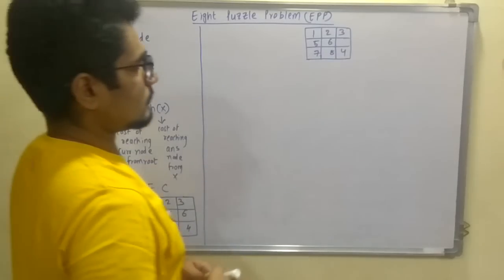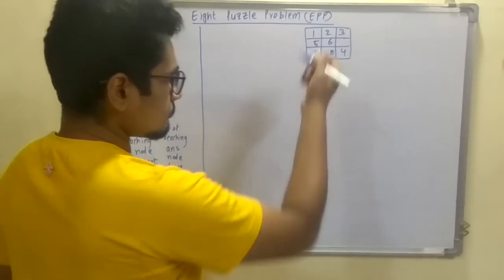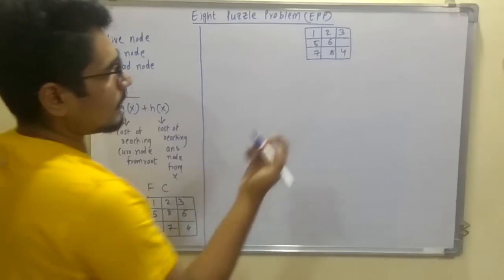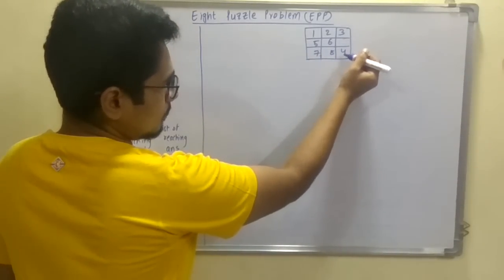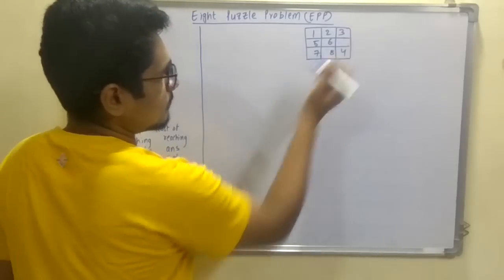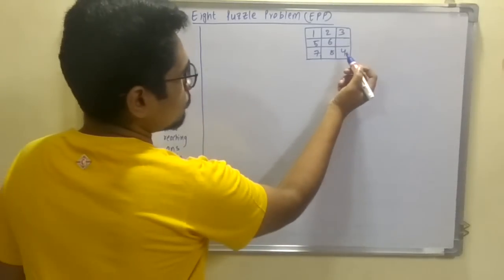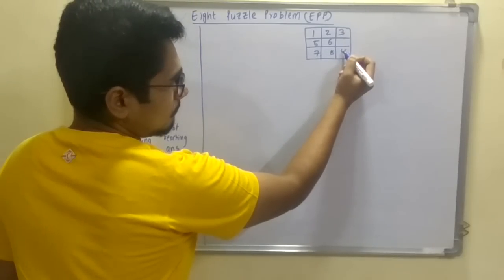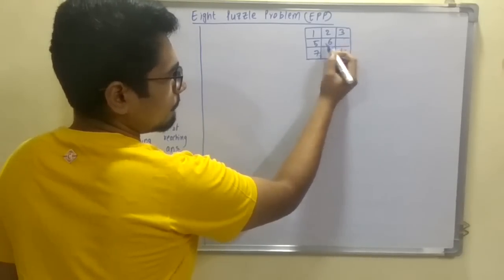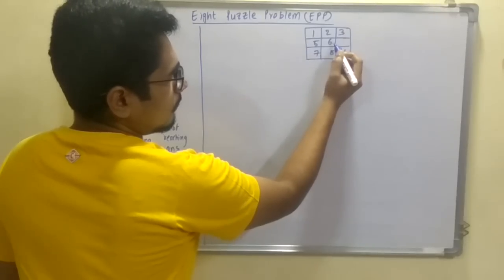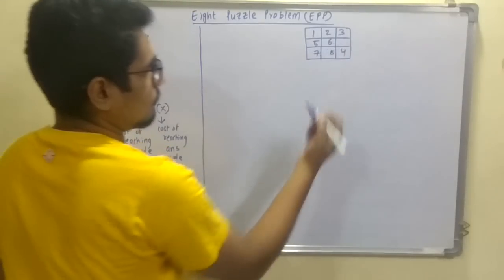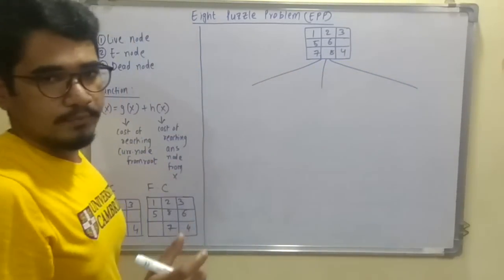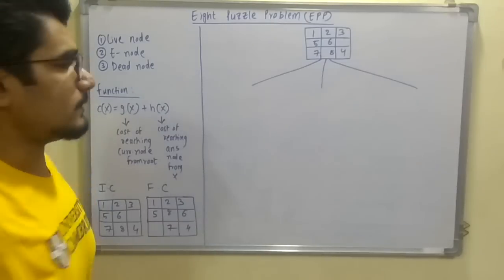So we have this puzzle block. We will be moving the tiles from down to up, like 4, 6, 3. First, this 4 can move from this position to this position, 6 can move from left to right, and 3 from up to down. So we have 3 basic possibilities here, and the node with the minimum cost will be chosen for further expansion.